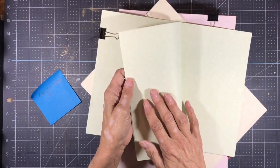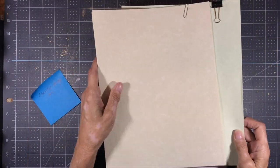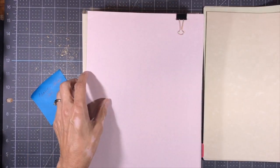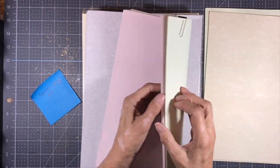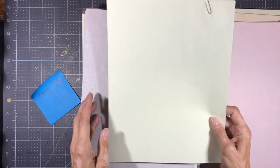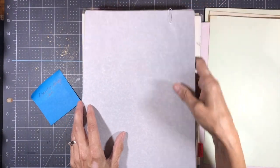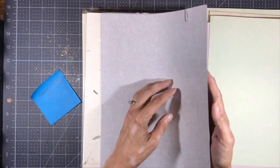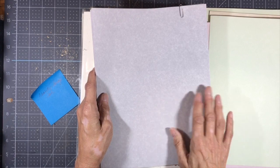It's like a parchment type paper. So this one's pale green. This one is a beige. And then we have this lavender color, and it's got, oh wait, okay, so that's lavender. Here's a few more, more of a mint green. This is a little bit more towards purple, but kind of lavender as well. All about the parchment paper weight that you get at